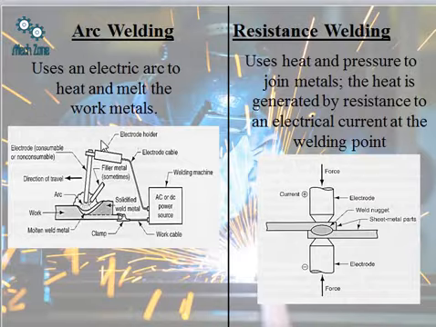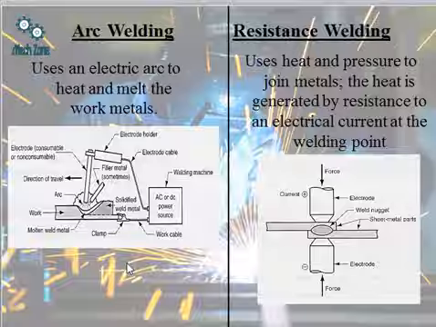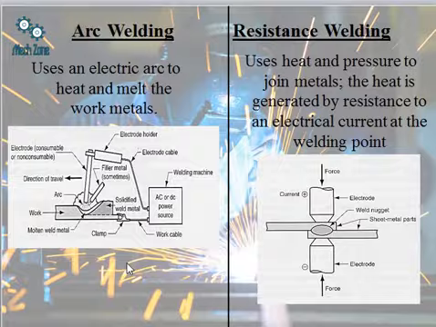So here heating and melting of the work material is actually taking place, and the arc can be produced by AC supply or DC supply, both. So we can have AC arc welding and we can also have DC arc welding. However, we shall be discussing the different types of polarities, that is the straight polarity and the reverse polarity also. In the straight polarity, the electrode is negative and the workpiece is taken as positive, whereas in the reverse polarity, the electrode is taken as positive and the workpiece is taken as negative.